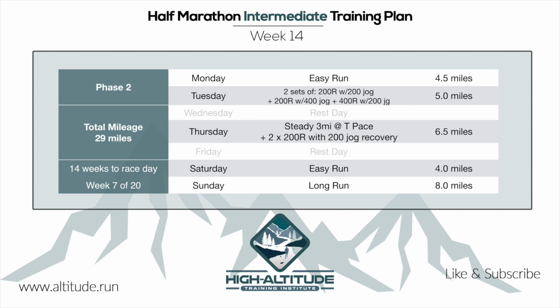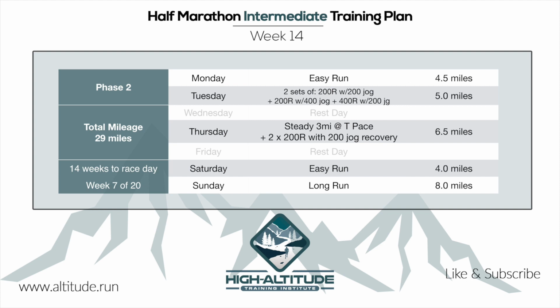And on Tuesday, we're going to do the repetition run, 200 meters at repetition, followed by 200-meter jog, and then 200-meter at repetition pace, followed by 400-meter jog, and then 400-meter at repetition pace, followed by 200-meter jog. This is kind of a staple training for this training plan. You'll see this again and again, and we'll do 2 sets of that. Now this workout actually hurts quite a bit, so you should be feeling like you're being pushed at the end of that training run. This is a total of 5 miles, which includes 2 miles of warm-up and 1 mile of cool-down. On Wednesday, we're going to do a rest day.